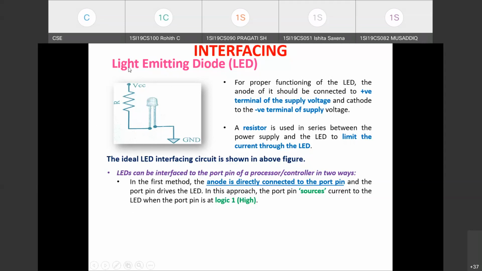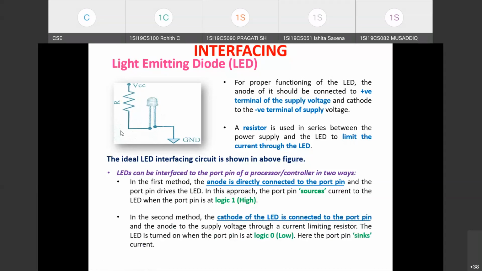When through the port pin you are sending a logic 1, then we say that the port pin sources the current to the LED, and the LED will be turned on. The other end is connected to ground. So once the port pin value is 1, the LED will be turned on. This is one method where the anode is directly connected to the port pin.